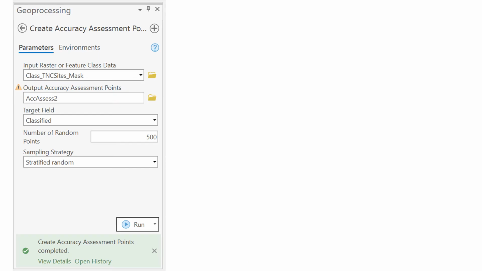Once I had the rasters classified, it was time for me to perform the accuracy assessment. So I needed to start off by creating some accuracy assessment points. There is a tool for this in ArcGIS Pro, so I decided to use it with the help of a video tutorial. My input raster was the classified sites. I named the output accuracy assessment points file. And then I made sure that the target field was the classified raster that I used,